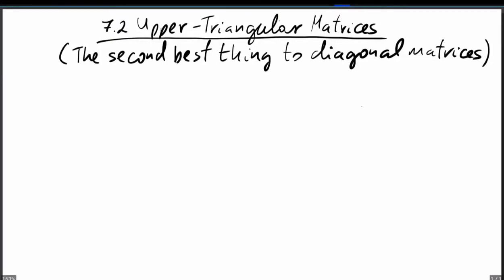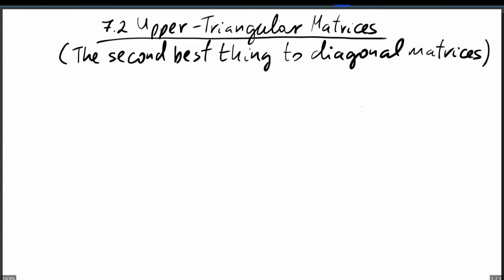Section 7.2 is about upper triangular matrices, and kind of a subtitle is that upper triangular matrices are important because they are the second best thing to diagonal matrices. And it turns out that many times we don't have diagonal matrices, but we can always have upper triangular matrices. Before we start about upper triangular matrices, I would really like to talk about the diagonal matrices, which is the